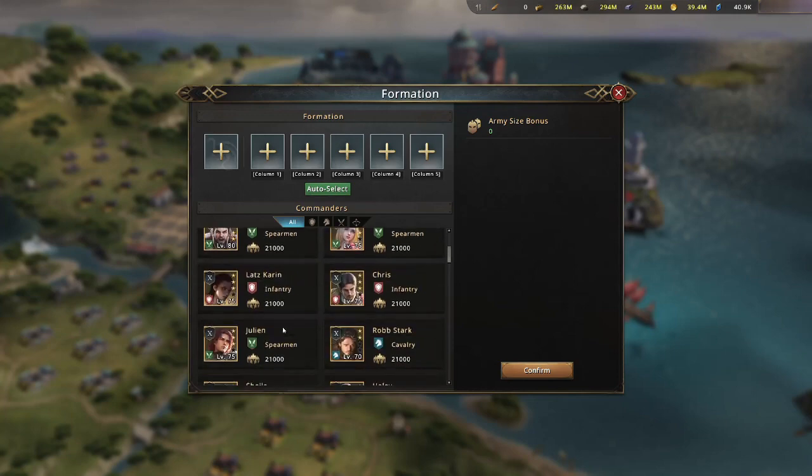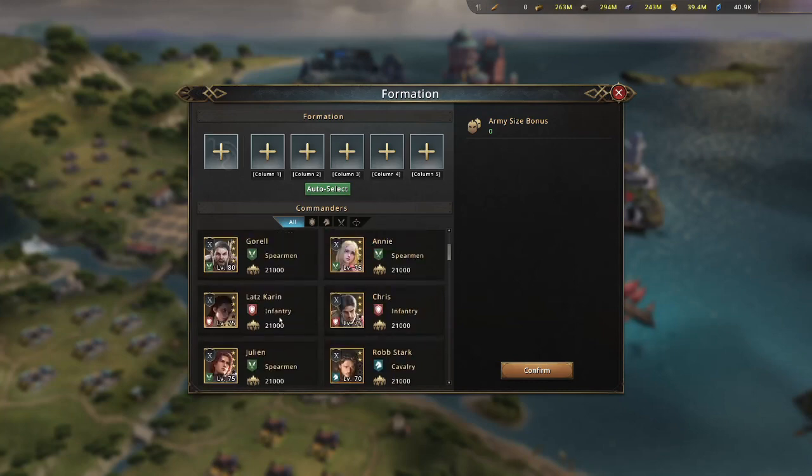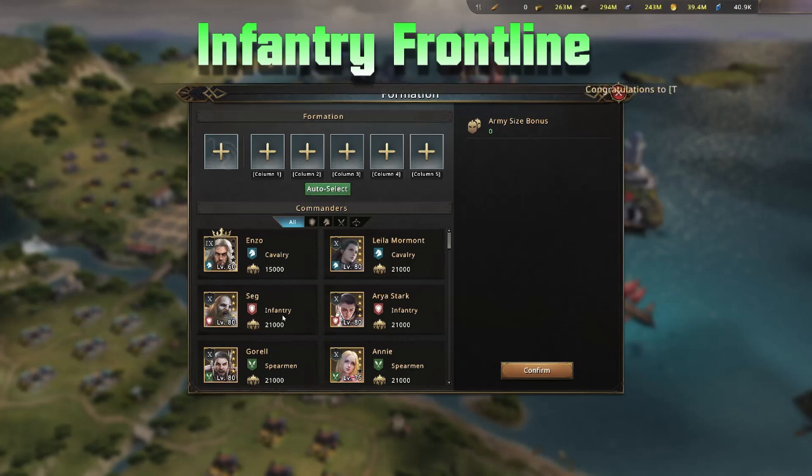It's not worth it to take another commander that might have maybe some more stats, and even then they typically don't, because you have them upgraded anyway. So going on with that, we're going to start with an infantry front line. Infantry is probably the most popular front line right now in the game. It really hasn't changed that much either. I haven't seen any other ones become more prevalent. Spear maybe a little bit is in there, and Cav is still lagging behind